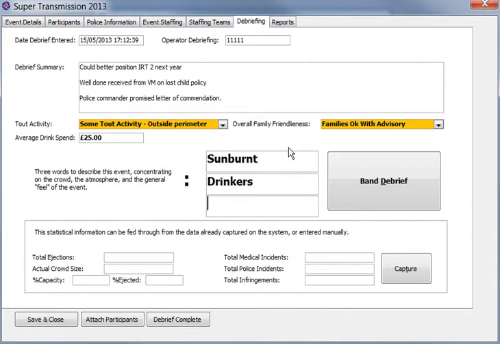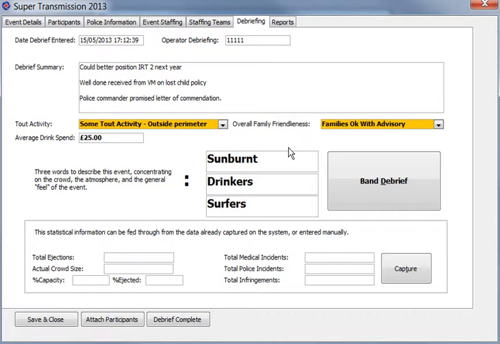It doesn't have to be specific words, you don't have to use all 3, but it's useful from a crowd intelligence point of view for us to attempt to profile bands by using psychological techniques. This is something that's going to come a long way down the line with the next version of the crowd intelligence system, but it's something we're building for now.